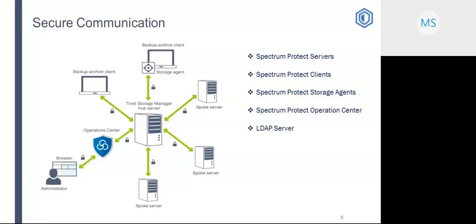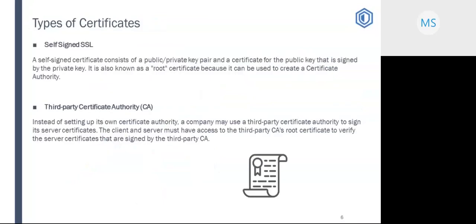Next, moving to slide 6, types of certificates. In Spectrum Protect, we mainly use two types of certificates to secure the communication. One is a self-signed certificate and the other is a certificate authority, CA, which is a third-party certificate.